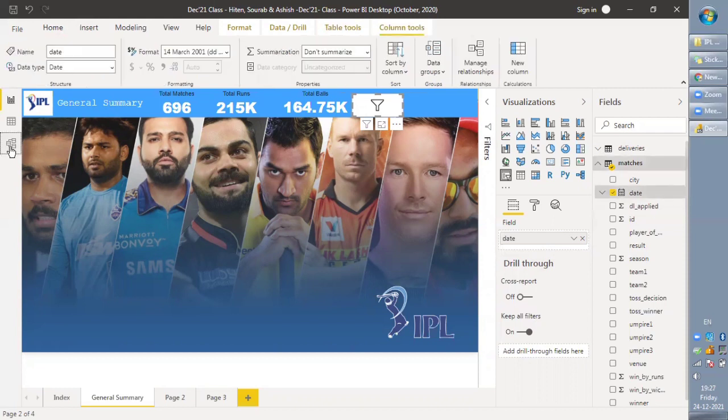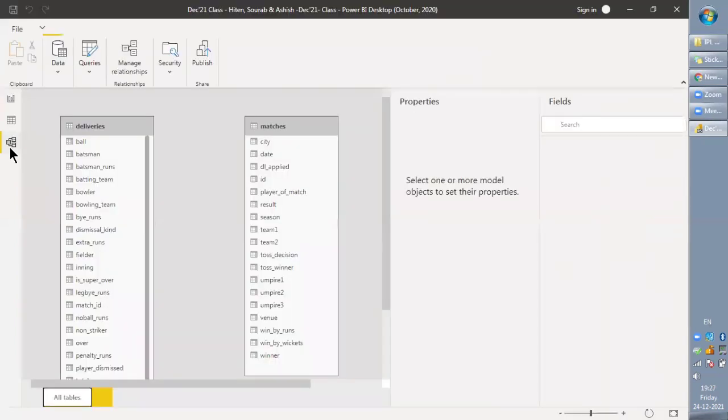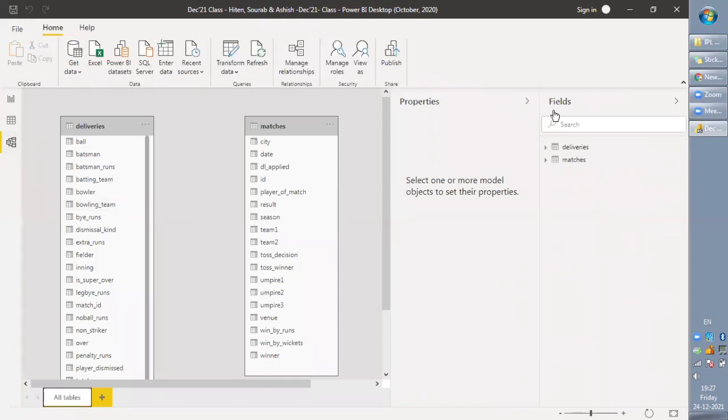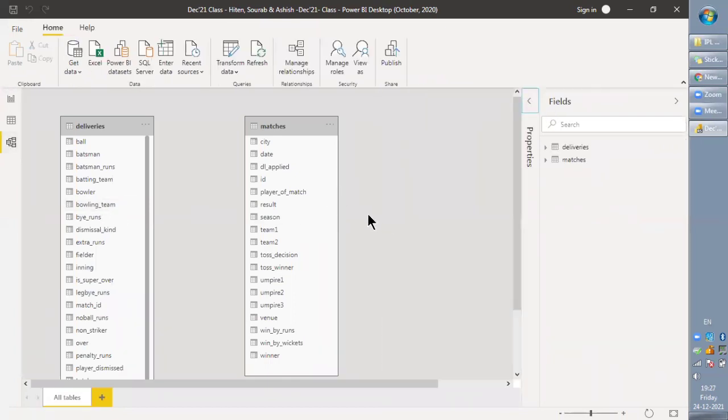Okay, I think we haven't done one thing here, or I have deleted it. We haven't mapped this. We had already done it, but somehow I deleted it. So let me map ID to match ID. Just drag and drop on that particular column, and it will automatically map both. This is a one to many relation.